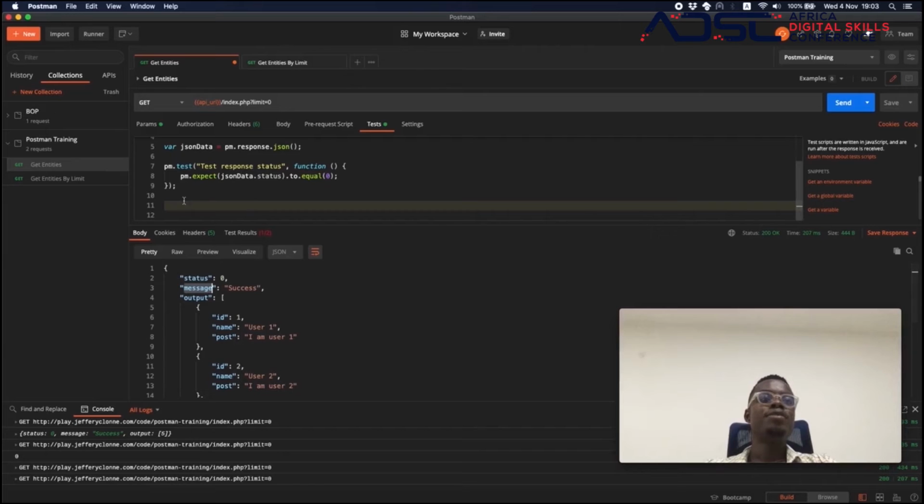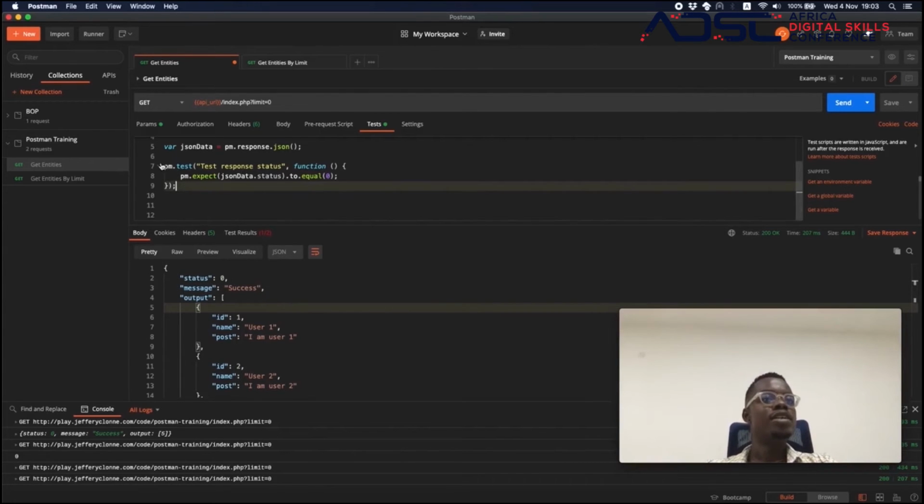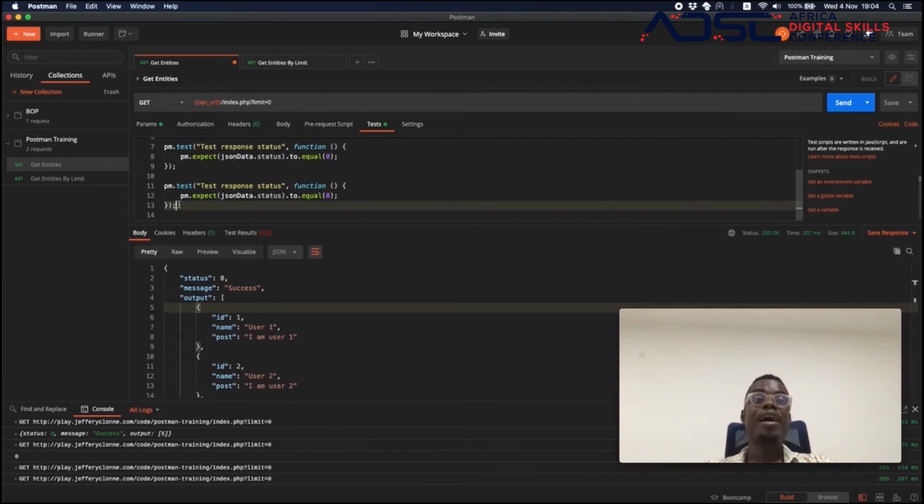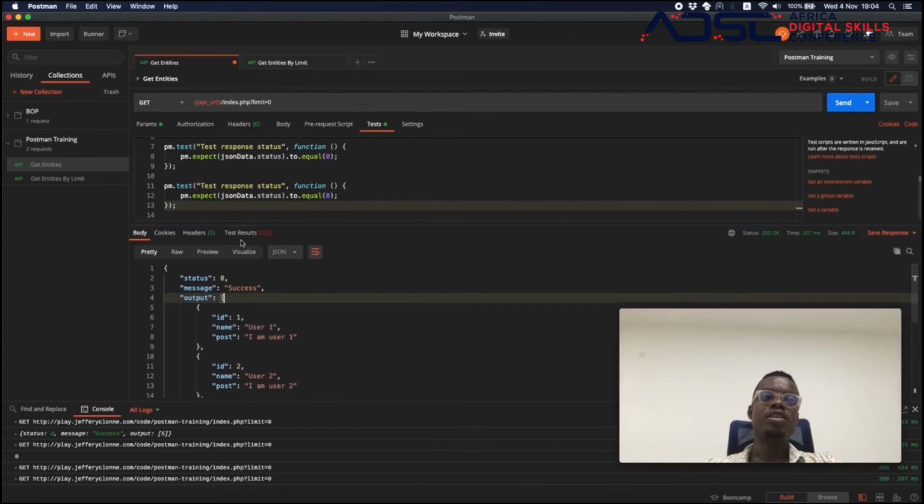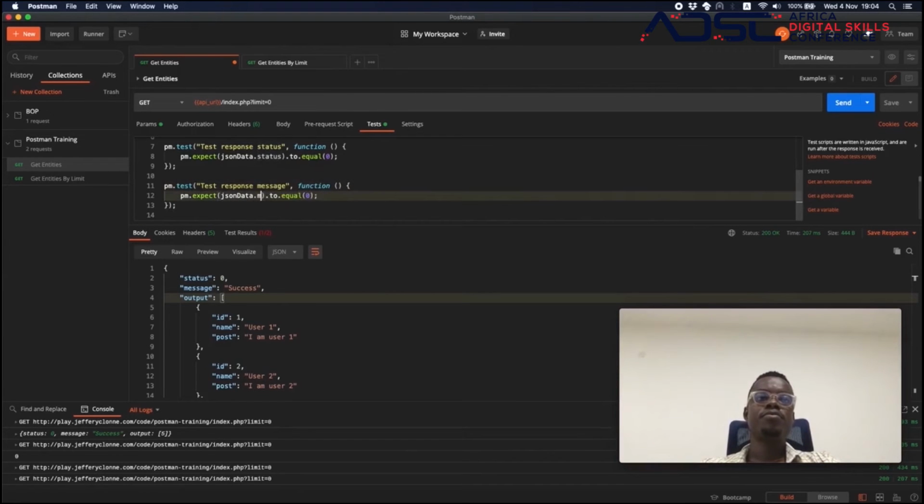So now we do have other things in the body that we are expecting. So we do have message. Now let's make sure that message is always success, right? We don't want cases where message is a failed. For this request, we always want data back. We are trying to query for data. If there's no data, then we don't expect to see any output, right? So then we want to make sure that the message is always success. So we are going to say that test response message,